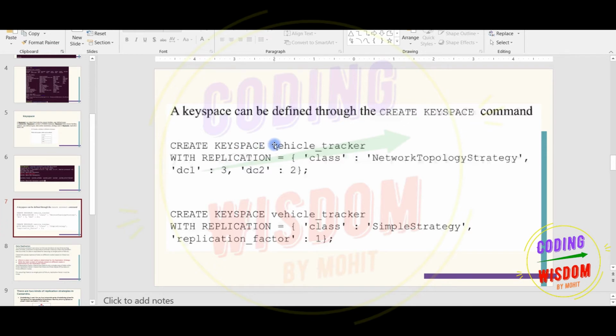So you can create a keyspace by using the network topology or simple strategy. Simple strategy means if you are just doing some experiment, using only one node, and you are learning, then use the simple strategy. On the data center, we use network topology, and this DC1 and DC2 define the replication node names. In the second one, replication factor is one, which means I just want to replicate my data on one node. Okay, I am using only one node.